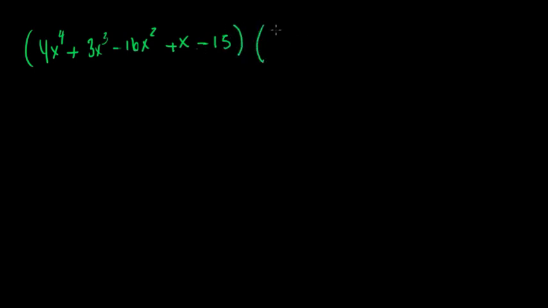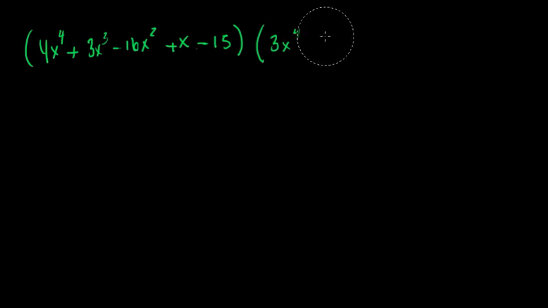Let's take 4x to the fourth plus 3x cubed minus 16x squared plus x minus 15. Okay? And we're going to multiply this by